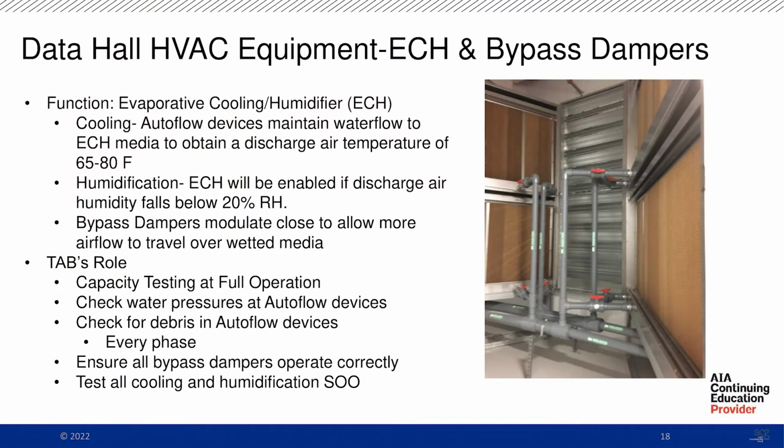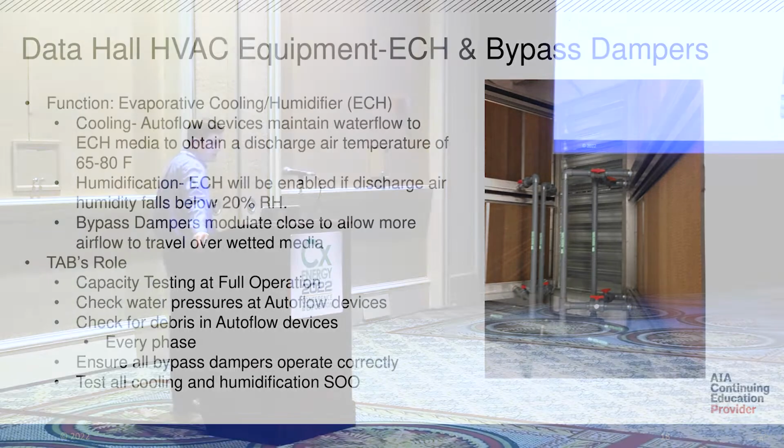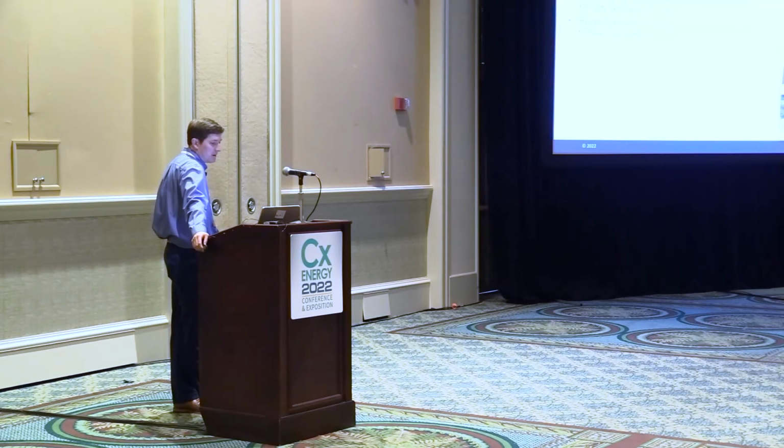All right, ECH. You say, Paul, that looks like a swamp cooler. Well, that's basically what it is. This is basically a swamp cooler. We have auto flow devices to maintain water flow to each ECH. ECH will also enable if discharge air falls below 20% humidity, and then bypass dampers will modulate closed to allow more airflow. So I want you guys to focus on how that shape is,